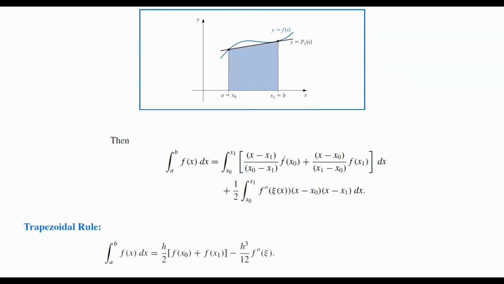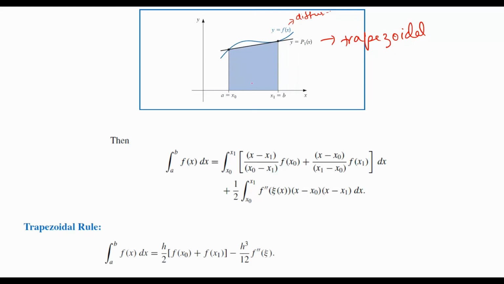Now if you see the figure, this is my f(x), for which I want to find the value of the integral, that is, the area below this curve. Since this function is difficult to integrate, we have approximated it with the Lagrange interpolating polynomial of degree 1, which gives us the trapezoidal rule. Since you have used a line to approximate this function f(x), we call it the trapezoidal rule, as you can also see that this area looks like a trapezoid.